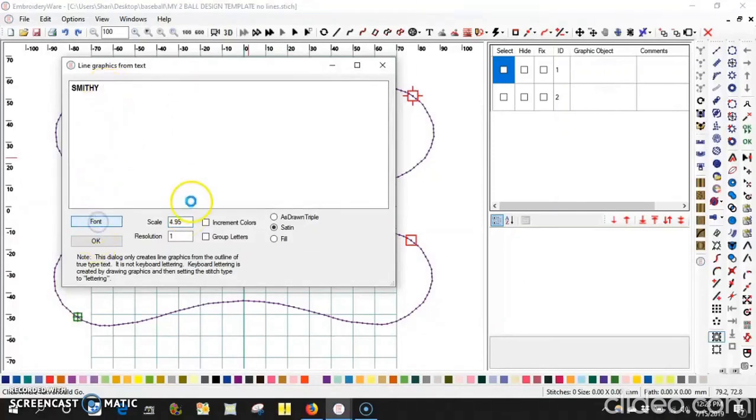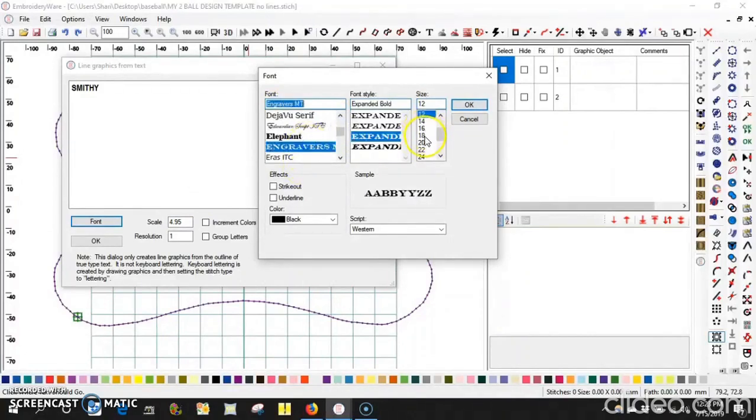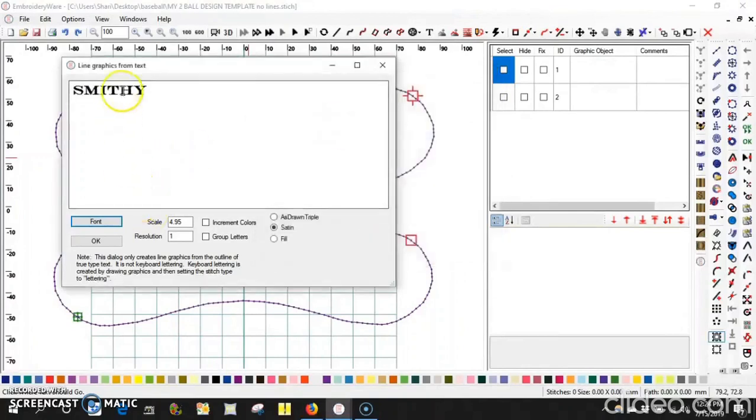Then I'm going to go over here to my font, and I'm going to pick a font. I don't know, what do you guys want to use? How about Engravers? Let's use Engravers, and let's just set it to an 18 for just any size, because we can adjust that later. And then I'm going to say OK, and then I've got the name Smitty in,